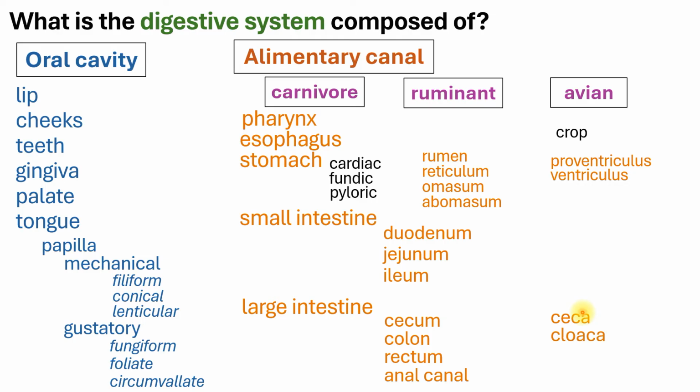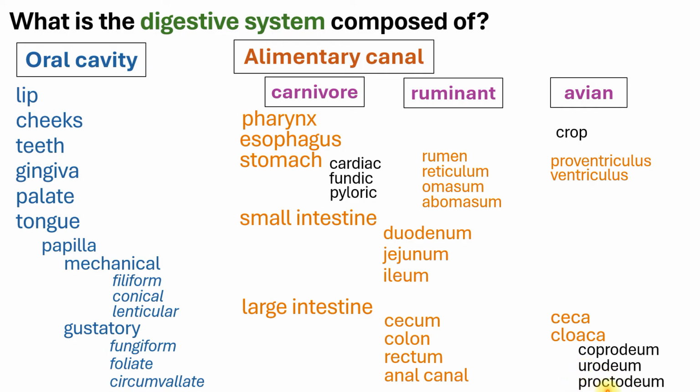And then finally, in the avian species, you also have your cloaca, or the common opening of the urogenital system as well as the digestive system. So you would have your coprodeum, which is the part directly connected to the rectum. Then the urodeum, wherein the openings of your urogenital system both open, and the proctodeum, which is the one